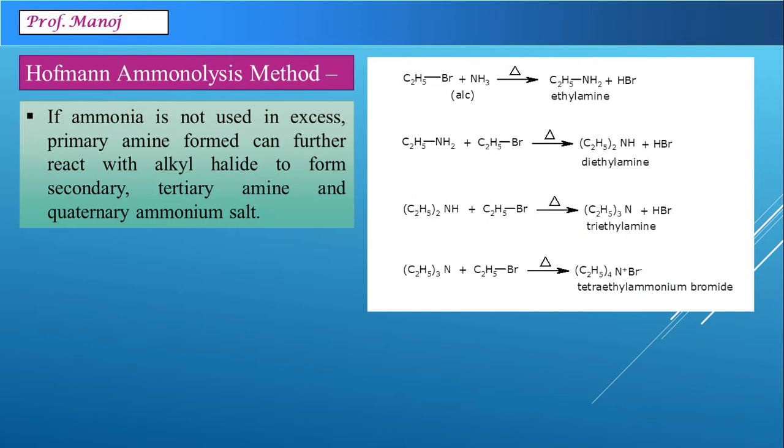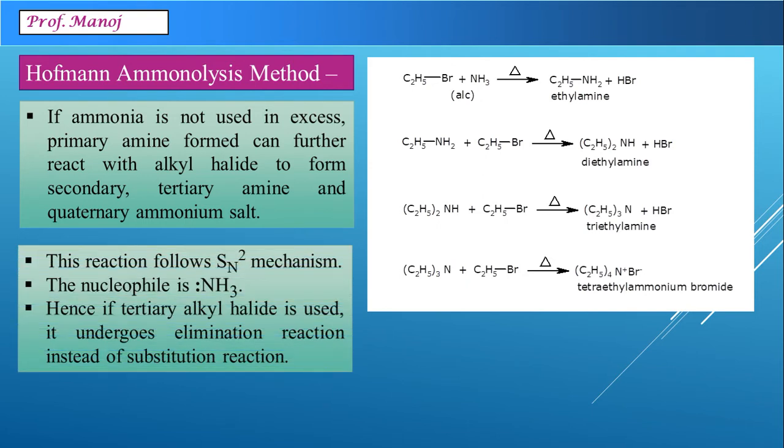Now you can observe in this reaction, if you just look at the C2H5Br group, then bromine is getting replaced with NH2. So first it reacts with ammonia, then with primary amine, then secondary. In turn, NH3's all the 3 hydrogens are replaced in 3 steps. Now nitrogen has one lone pair on it, so it forms a coordinate bond with C2H5 group, and that is how the 4th product is obtained.